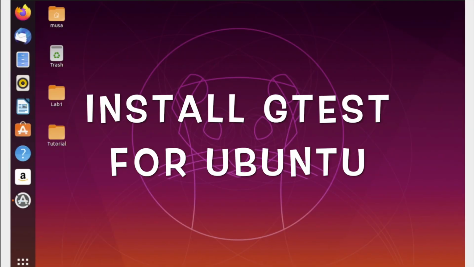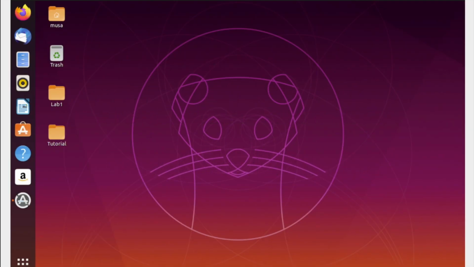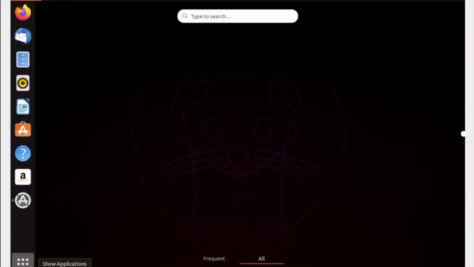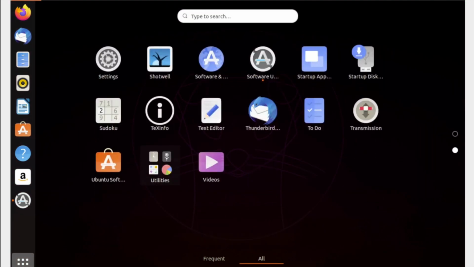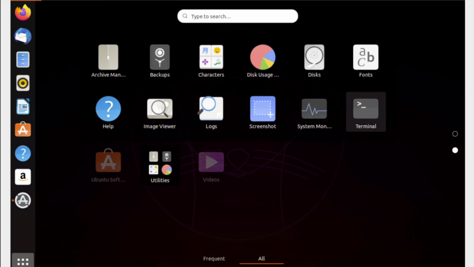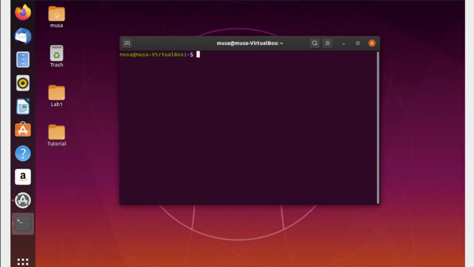So in this video we are going to talk about how to install Gtest in Ubuntu. To install Gtest in Ubuntu we have to open the terminal, and in the terminal we have to write a couple of lines to actually install the Gtest. To start with, we have to write hashtag, exclamation mark,